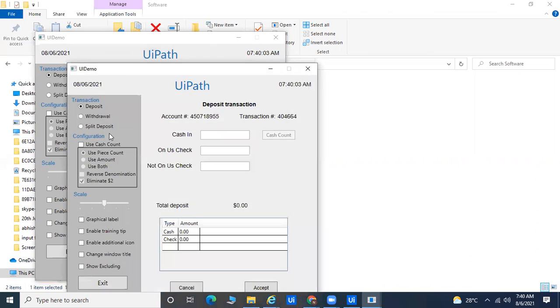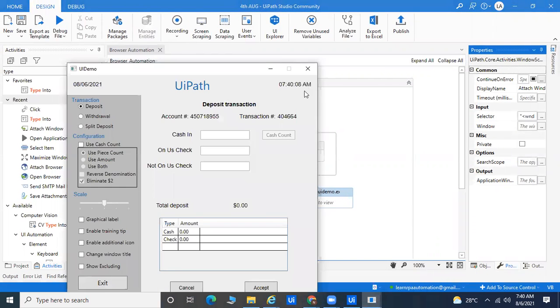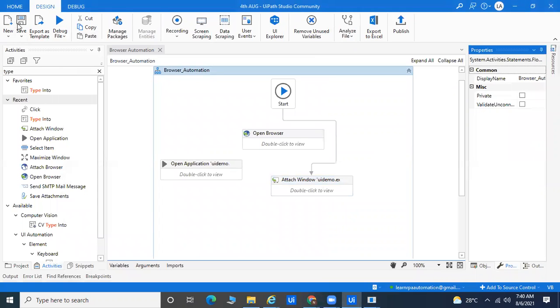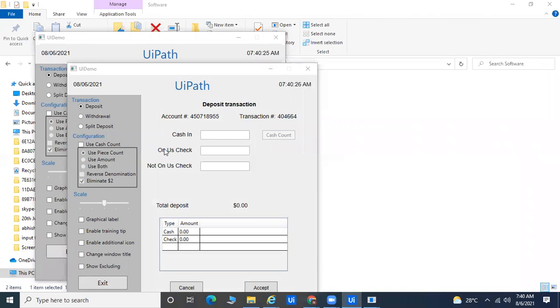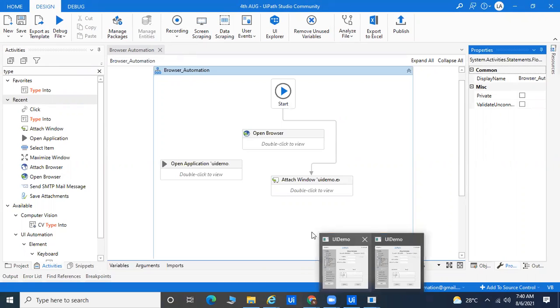Right now it's also working fine, but what will happen when I close this application? Whenever I close this application, you can see the login one time is complete. I'm not going to close any application, but login is completed. So the robot will not get the same screen that it launched the first time. The bot will try to check again, where is my login screen. If it's not getting the login screen, then it will throw an error. So there is a problem like that, it's not able to automate the process.